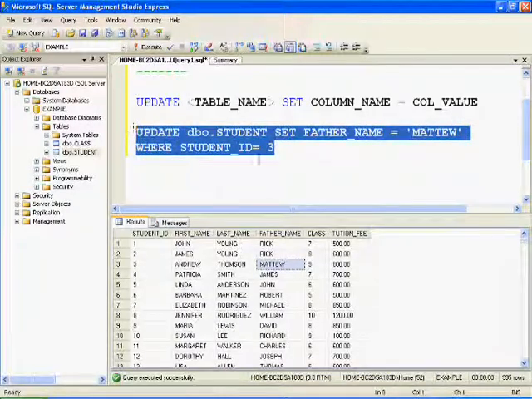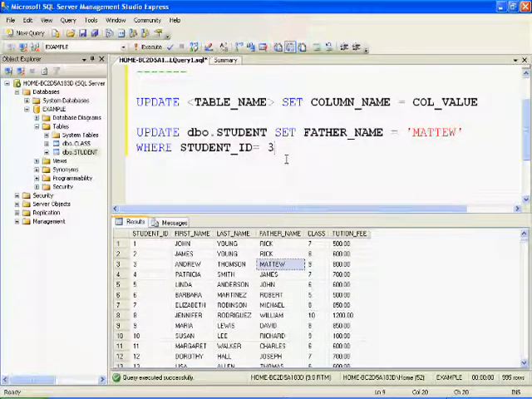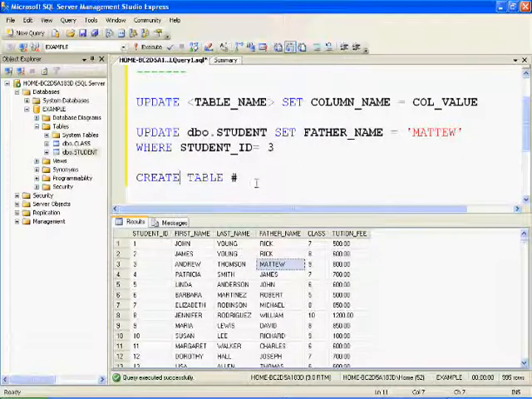Now I'll show you an example for update statement without using where clause. What will happen if we don't give where clause? So for this I'll take a fresh table. I'll create the temporary table. Create table temp.